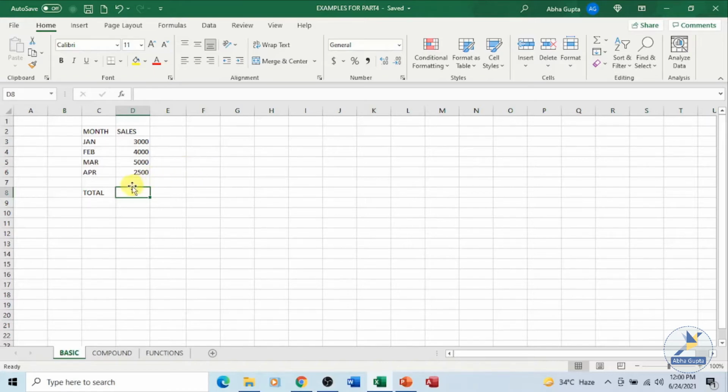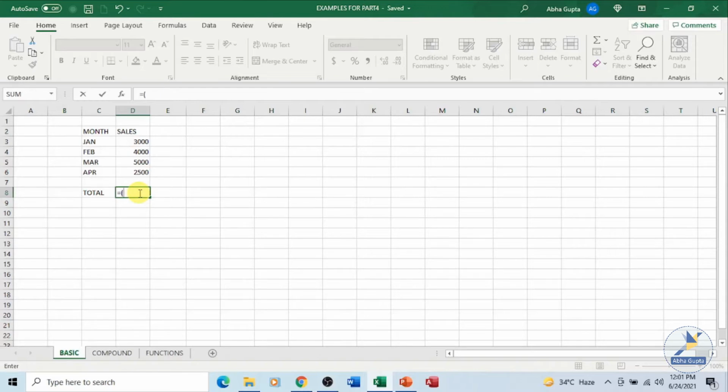Now, I've already told you how to enter a basic formula. Just make a cell active. For example, I have some sales data over here. I want to calculate the total of sales. I have to make this particular cell active wherever I want the formula and start typing the formula. As you remember, the formula always begins with an equal to sign followed by an opening parenthesis, then your cell addresses or the numbers. If you are directly entering the numbers, you can type in the numbers. Over here we will use cell addresses.